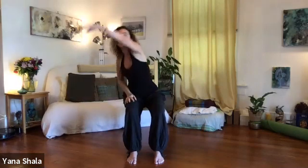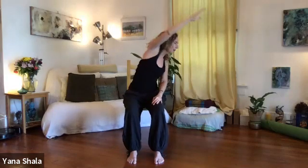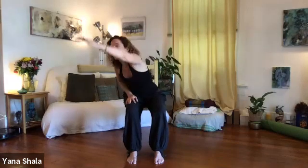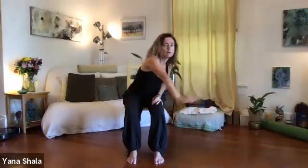You're going as slow as your breath can go deep. And stop. Now we're going to reverse the movement. You're going to reach back with your right arm, look back, and round over, stretch, and come back in. Left arm back, swing, reach across to the right, and switch. Right arm back, and reach as if you were going to grab something in front of you and across, and